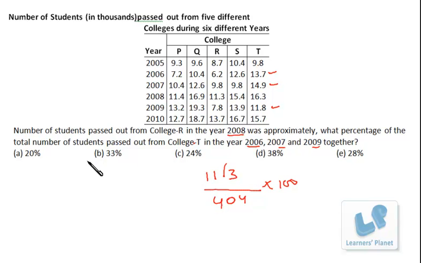Now just look at the options, 20, 24, that means 4 to 5% of the difference that is going over there, right? So what you can do, just make this 404 as 400 and this as 110. Okay, so you'll be a bit closer to your correct answer, right? So it's 100, 100, right? Now 27 point something something,